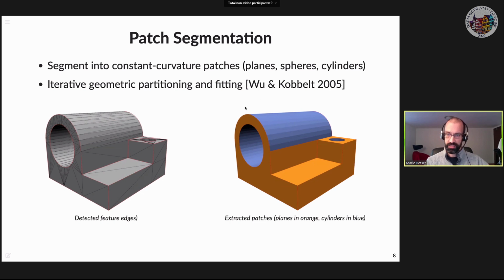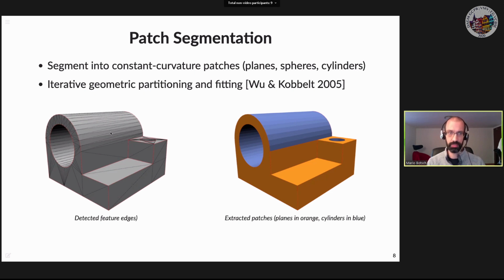And then what we get is shown on the right-hand side. So we have here planes in orange, cylinders in blue, and there's no spherical part. But we get a nice and robust segmentation, even though if you look on the left-hand side, the mesh is quite poor. So we have no inner vertices in these patches, which for other approaches